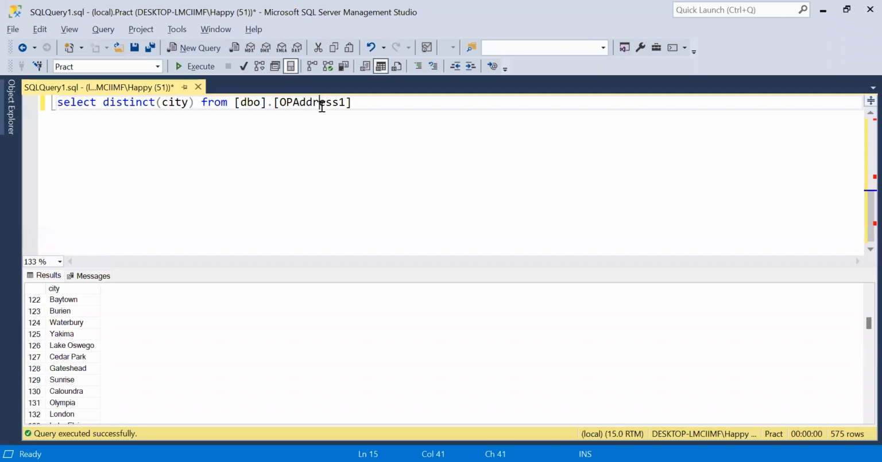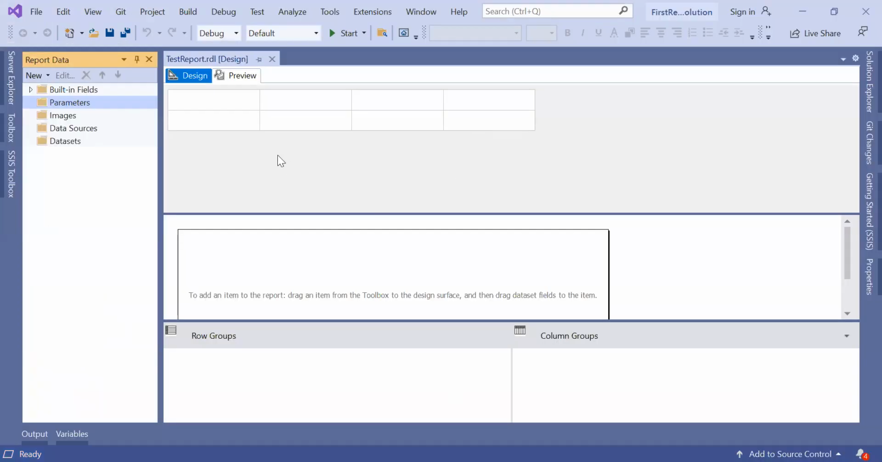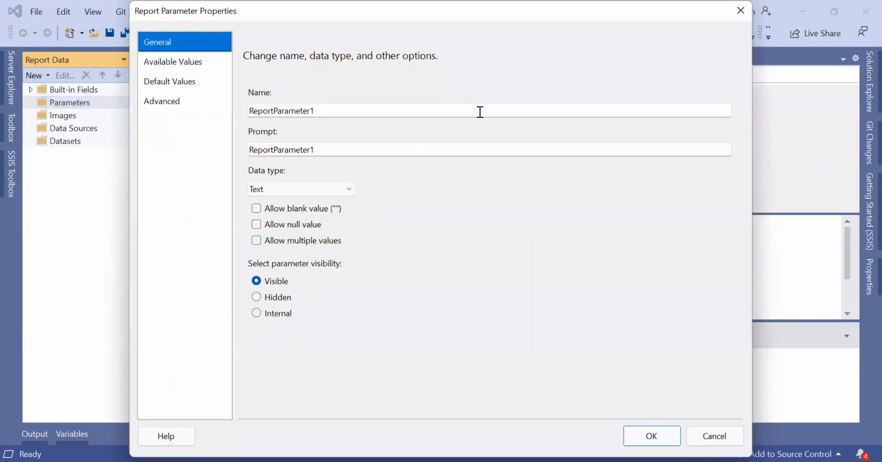So what if I want to get all the addresses only from Kingsport? That way you are going to pass a parameter from this report to the database. How do we do that? That is a whole new concept of parameters. So we'll create a new parameter. How do we do that? What is the name of the parameter? Let's say city, and the prompt will be